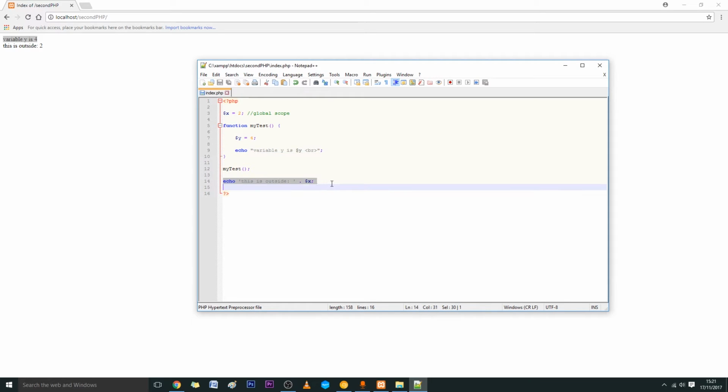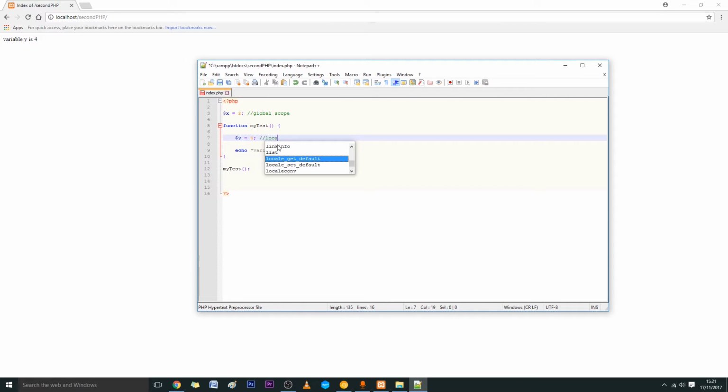Yeah, if we remove this just to show you. So because we declare this variable inside the function, it's called local scope. Okay, and it's working inside the function, displaying 4 for y variable. But if we try to display this outside this function, and I will show you, if we just take this and put it here,